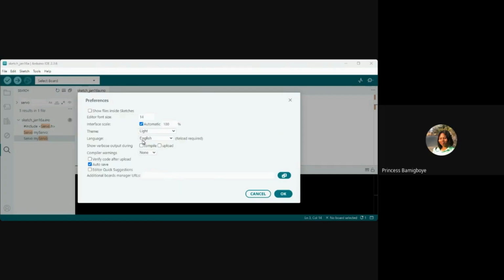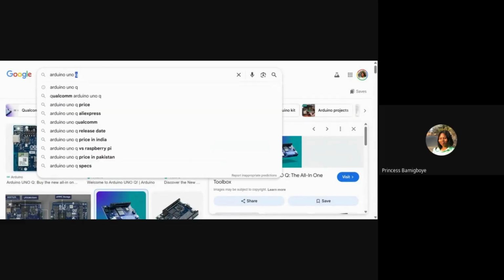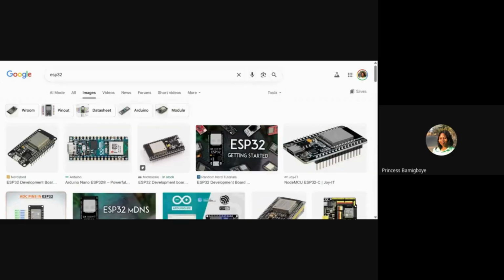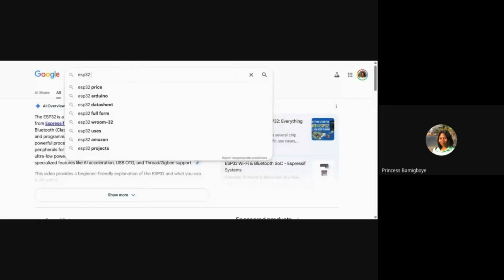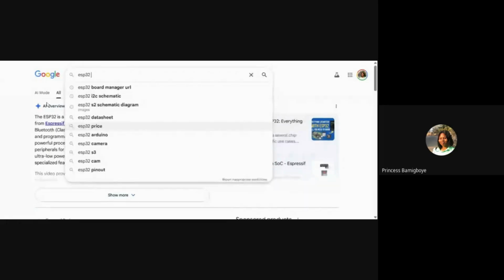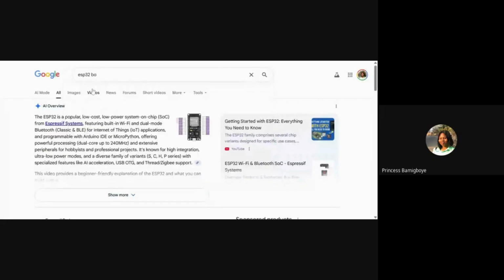Say the ESP32 is the board I want to use and I want to get its board URL. I will type ESP32 board, and you can see board manager URL.